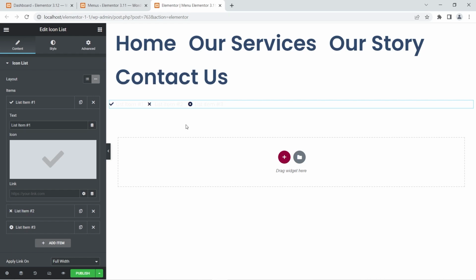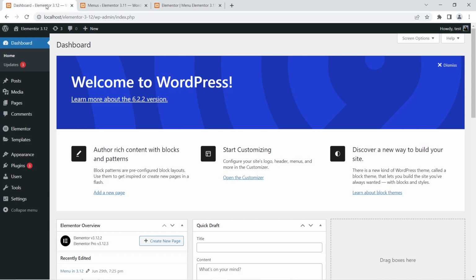Now this has changed in Elementor Pro 3.12, and Elementor has released a new widget known as menus, using which you can simply create and customize menus as per your requirements. You do not have to go through the hassle of doing all of this. You can create custom menus. On top of that, you can create mega menus using it. Okay, I'll give you a brief first look at that menu widget, and to see this widget